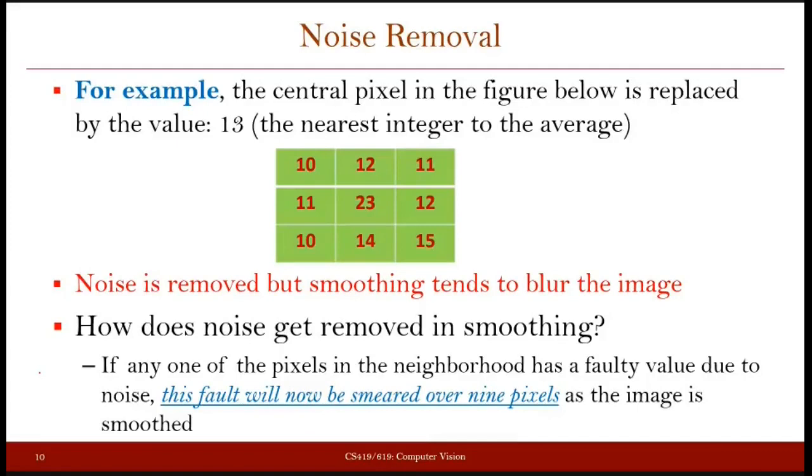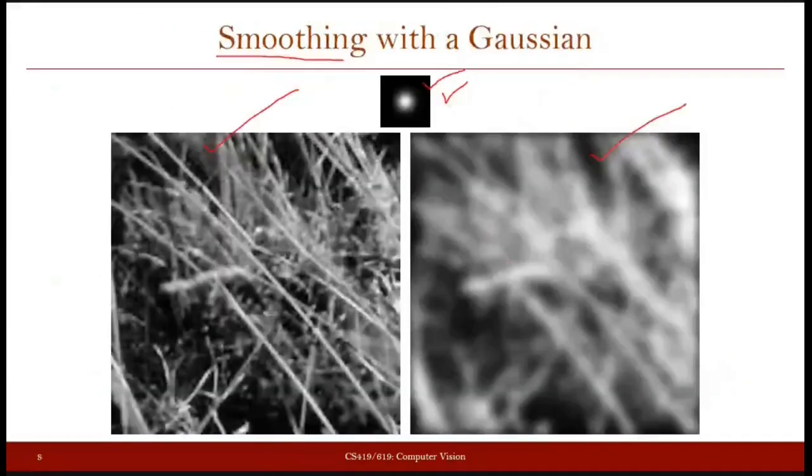In any given image, if your pixel has an intensity which is not matching the neighboring pixels, we say that that pixel is a noisy pixel. So in a normal scenario, if you just consider a very small neighborhood in your image, you will find that the intensities of the pixels in that small neighborhood will be very similar. Okay, they will not be very different.